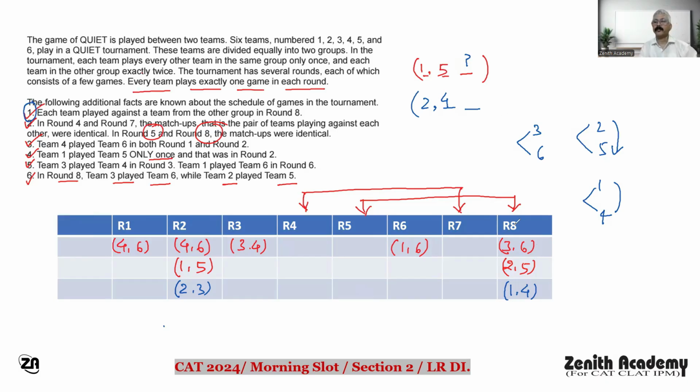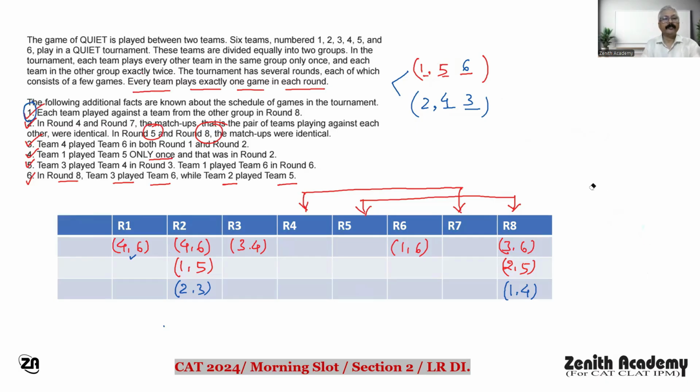It is clear. And 3 and 6, 2 and 5, 1 and 4. It is given 4 and 6 played in round 1 and round 6. It suggests that 4 and 6 are also in two different teams. They are not from the same team. So 4 is here. Definitely 6 is going to be here. Okay. So you decided 6. Now who is left? 3. One team is 1, 5, 6 and the other team is 2, 3, 4. So these are the two teams, correct? This way you can decide the two teams.